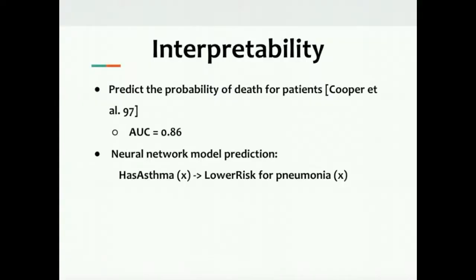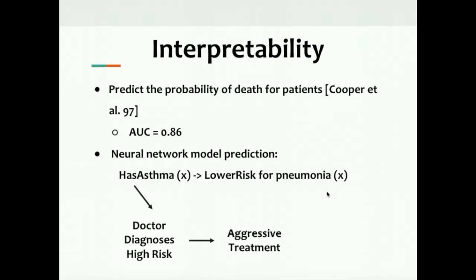So to begin, let's look at a couple of examples to explain lack of interpretability when it comes to deep learning models. In Cooper et al.'s work on predicting pneumonia mortality, we see that the neural network model has an accuracy of 0.86, which is good. We also see the prediction pattern that if a person has asthma, then they have a lower risk of pneumonia. What we don't see in the data used for training is that the person's doctor recognizes that they have a high risk of pneumonia, they perform aggressive treatment, and that is why the prediction results in a lower risk of pneumonia. This highlights that a more interpretable model could reveal important but surprising patterns in the data that complex models